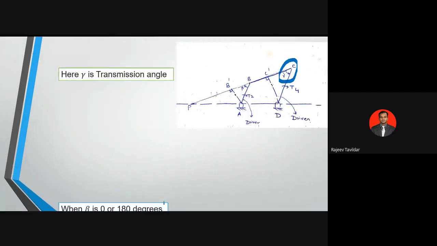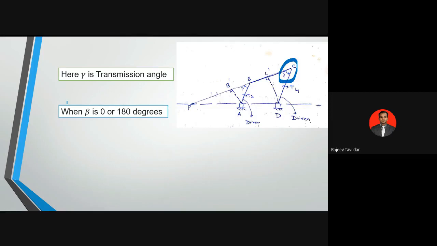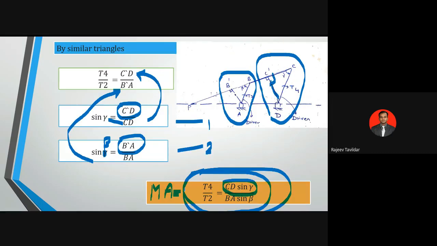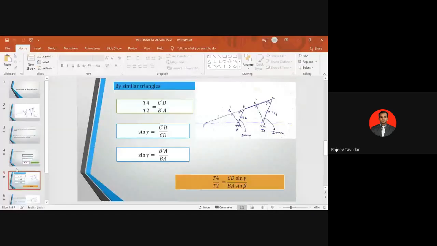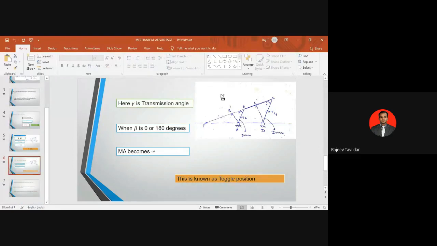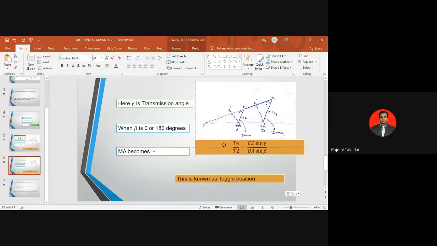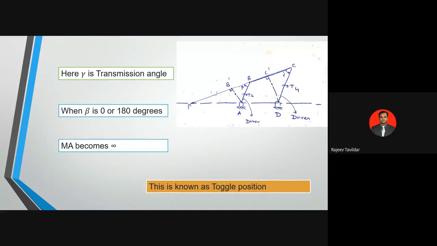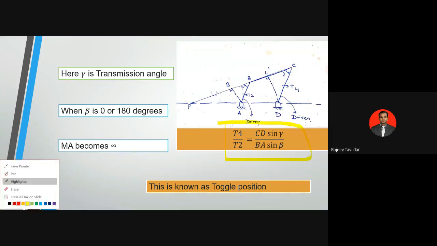So that's what I'm going to explain in the next slide. In terms of beta, okay, I'm sorry. Okay, let me bring this equation here. So with this equation in the previous slide, we had got the mechanical advantage over here. So now I'm just highlighting the beta part, that is the denominator, not gamma, the beta part.